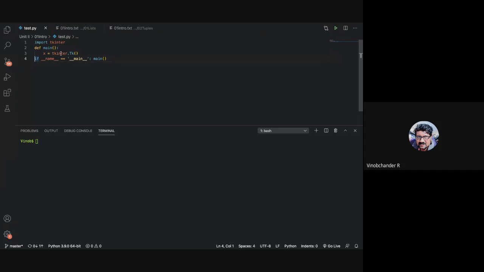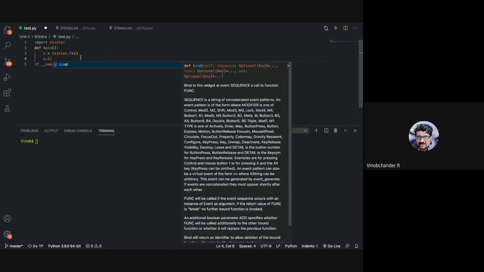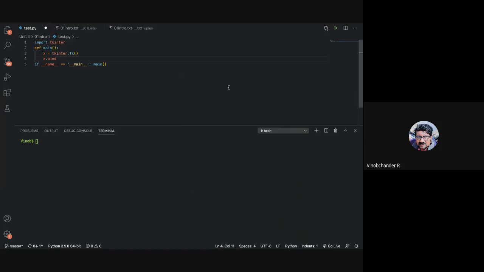When an event fires or occurs, something handles it, which is called an event handler, a specific function that you write. So let us get a taste of that. Let me say x dot, there is something called the bind function, which binds the widget to an event sequence to call a particular function that you specify. Let us make use of this function bind and bind a particular event to an event handler. It generally expects two parameters. The first parameter is the event name, and the second parameter is your event handler function name.